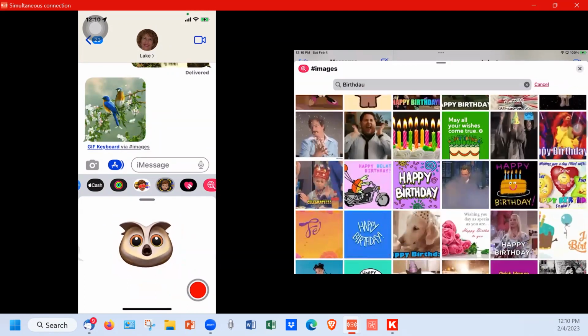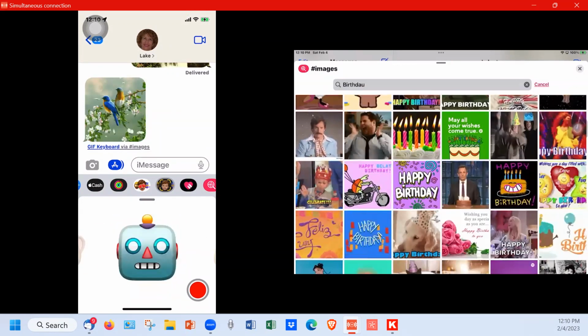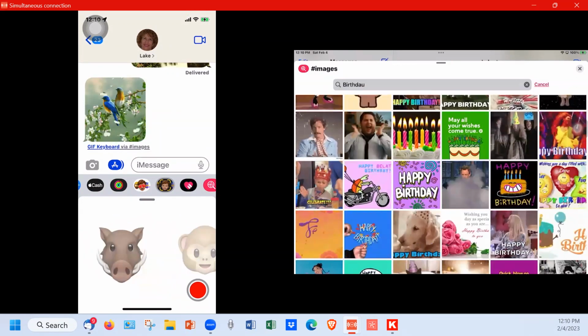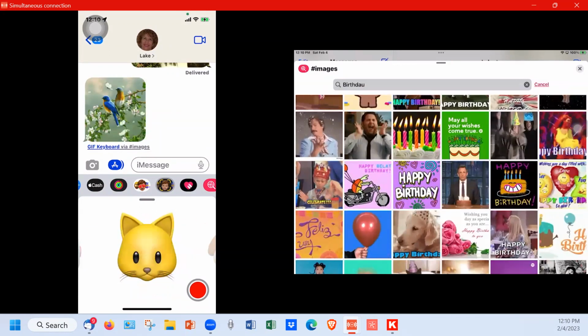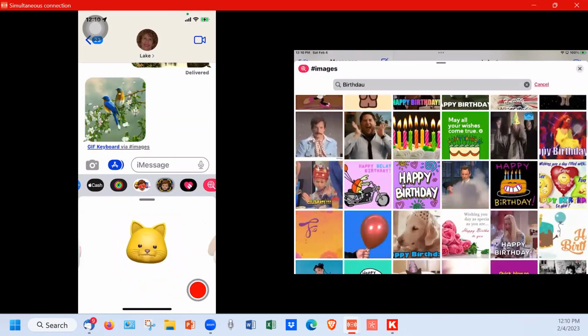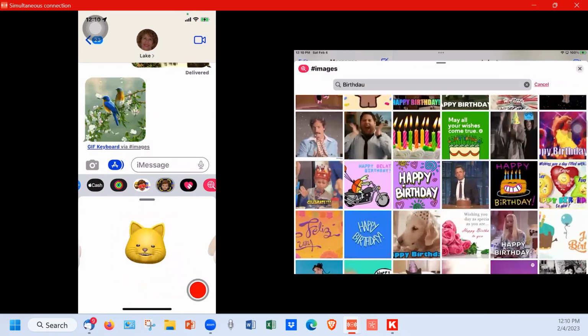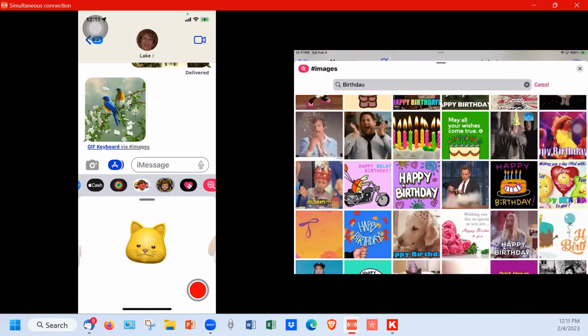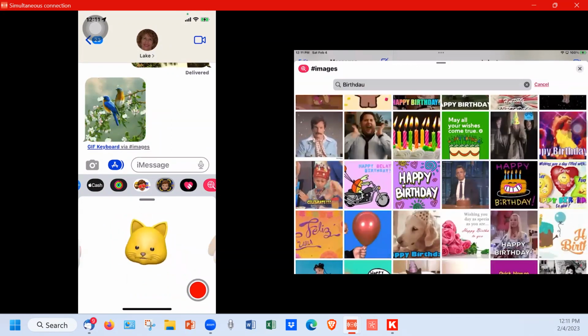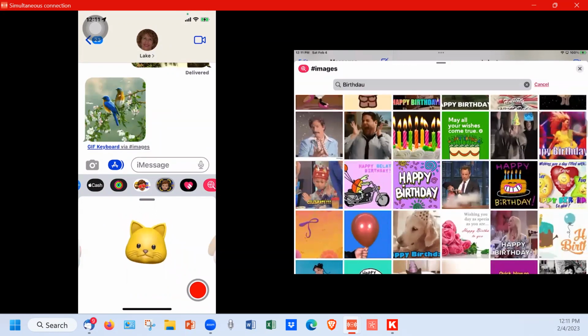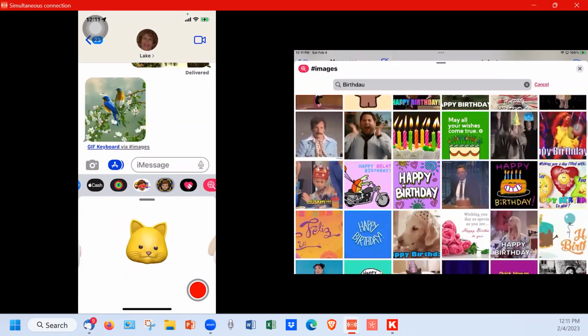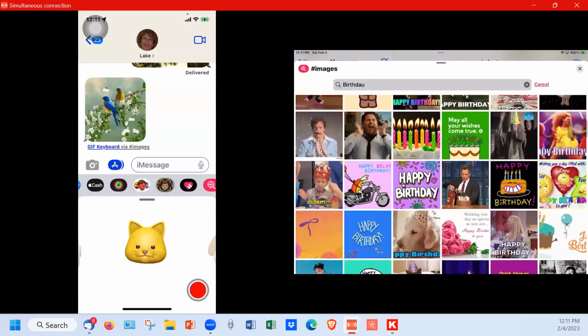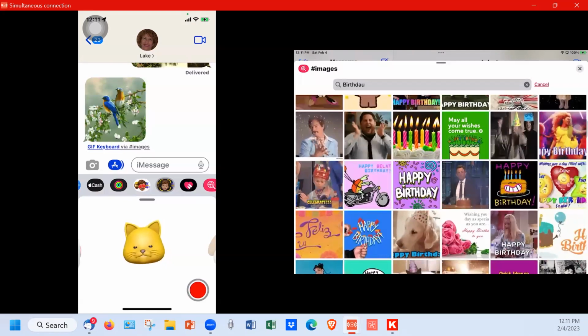If I wink, that one doesn't do both. See the kitty? As I open and close my mouth, because I have facial recognition, it's looking at my face. And if I wink or talk, it moves. And if I hit the red button,